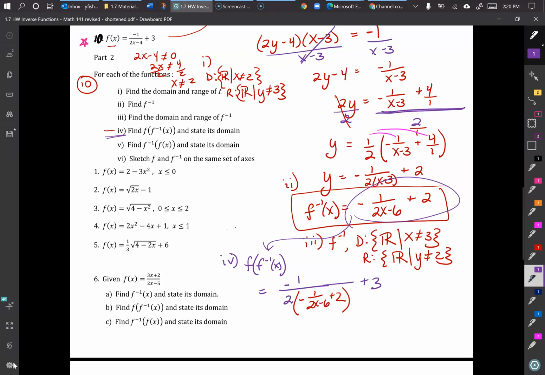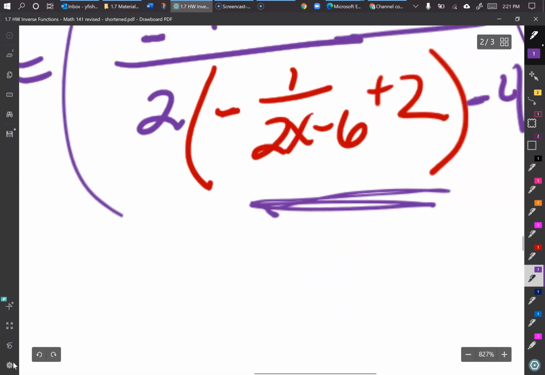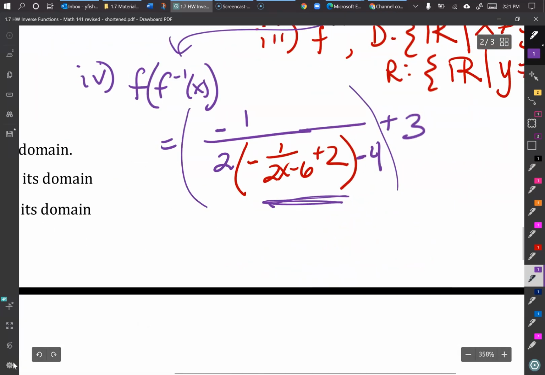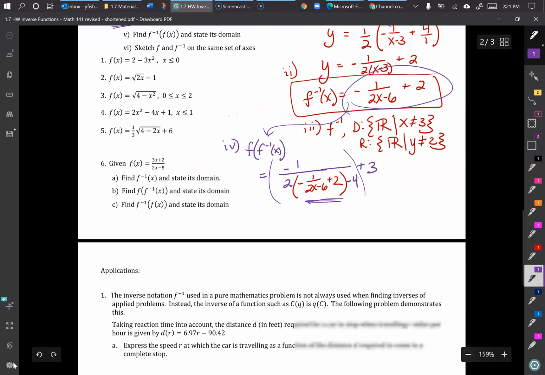So it looks kind of messy to deal with, but once you start simplifying it, it works out okay, because a lot of things are generally just going to reduce down for you. And I also have to have my -4 here too. Oops. Okay, so I have my 2x, right? That's in place of x. And then I have my -4 and then my +3. Okay, so it's a big problem. It's really big. I've got to cover up my zoom button. All right, so